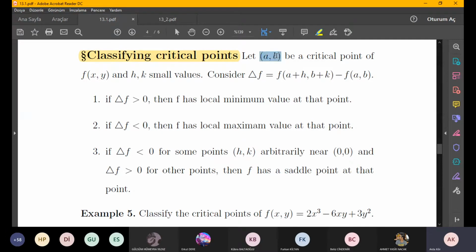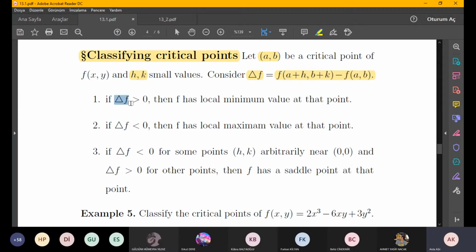So if (a, b) is a critical point of our function and h, k are small values, that means close to 0, and if we consider delta f as f(a+h, b+k) minus f(a, b),